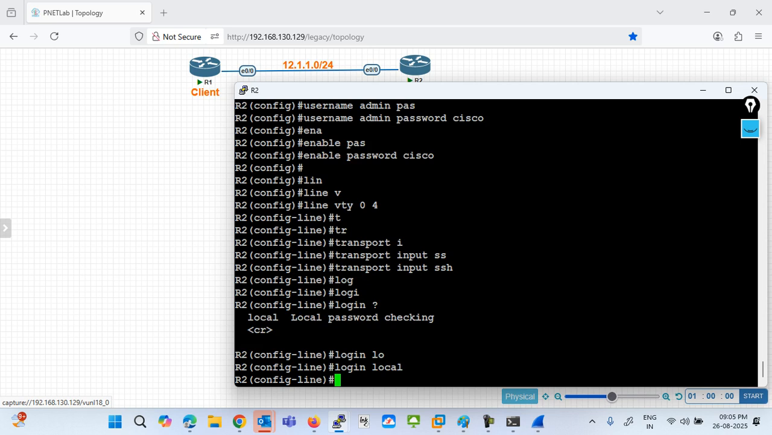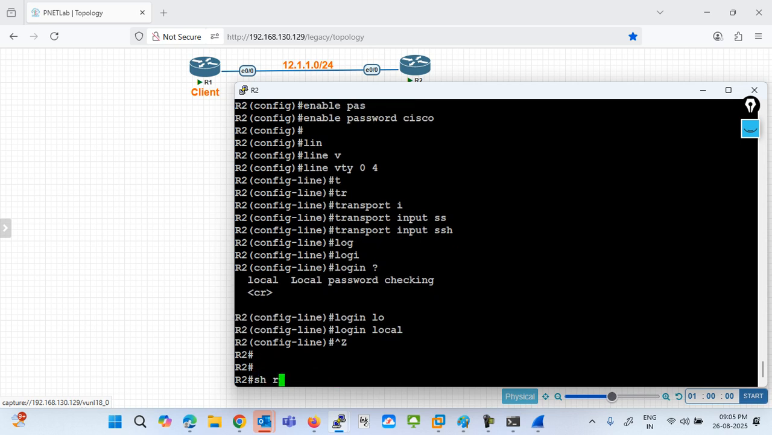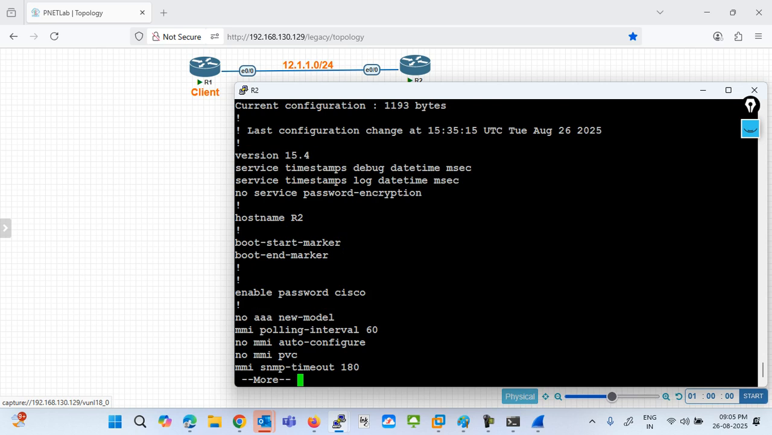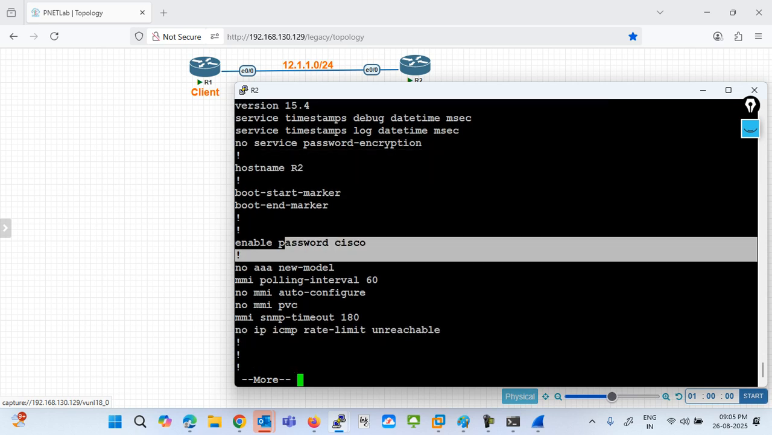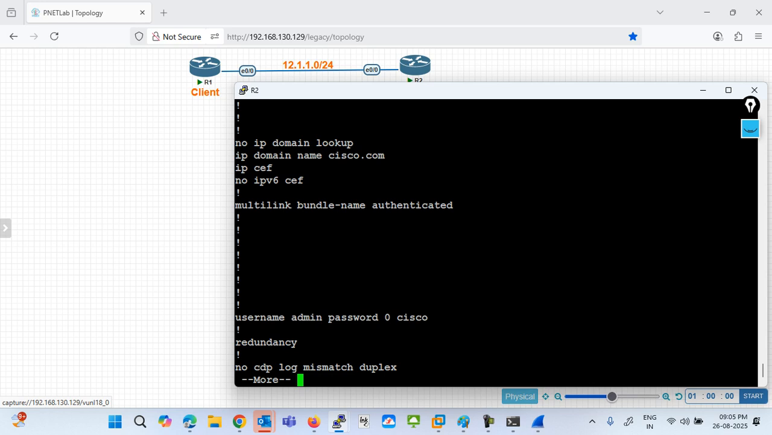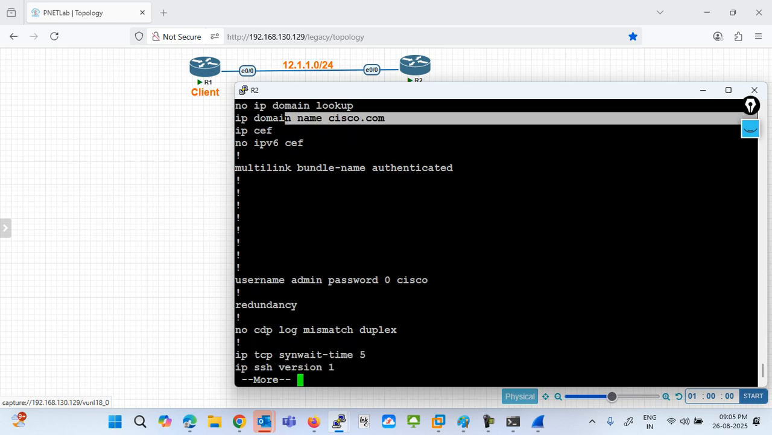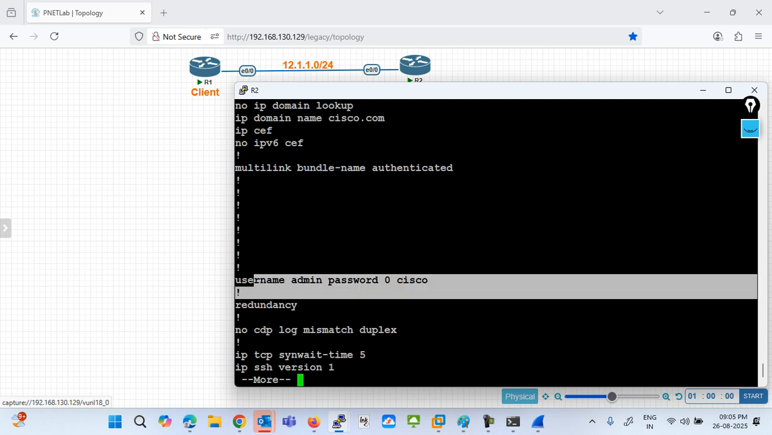So we configured all the commands, and if you want to check, show run. So we configured the hostname. Okay, the enable command is visible here, and the domain name is configured on the device. Okay, username and password are also visible,